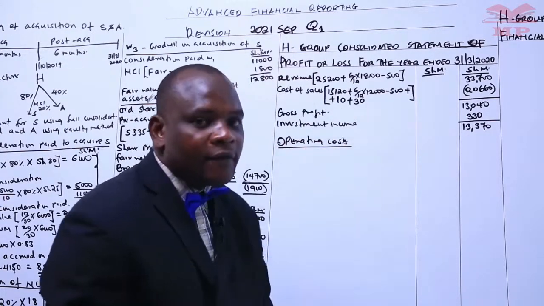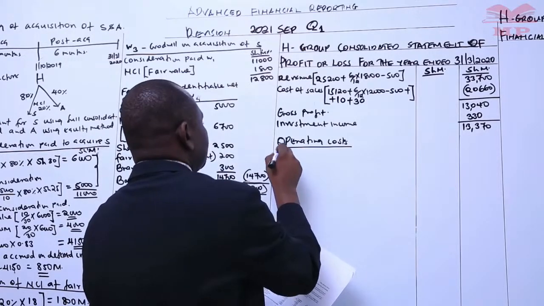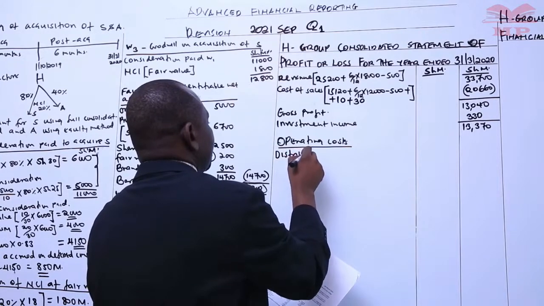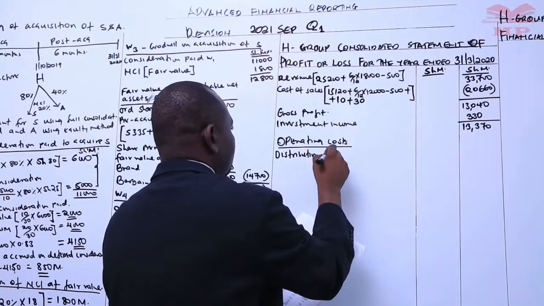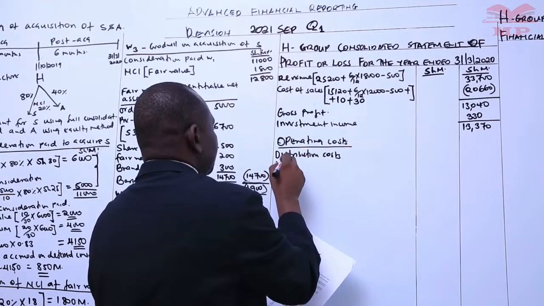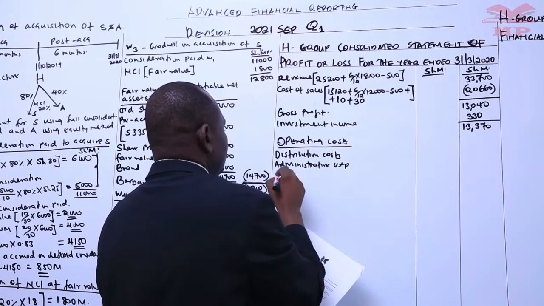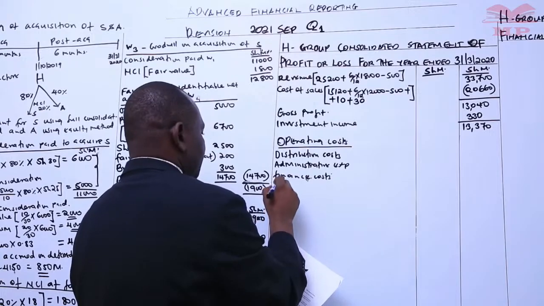So here we have administrative expenses, distribution costs and finance costs. So distribution costs, administrative, and finance costs. There was impairment